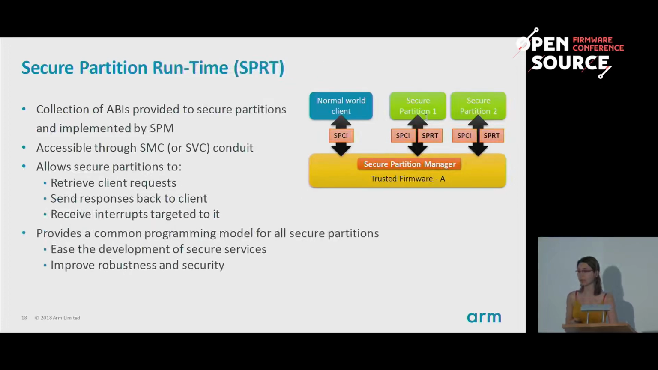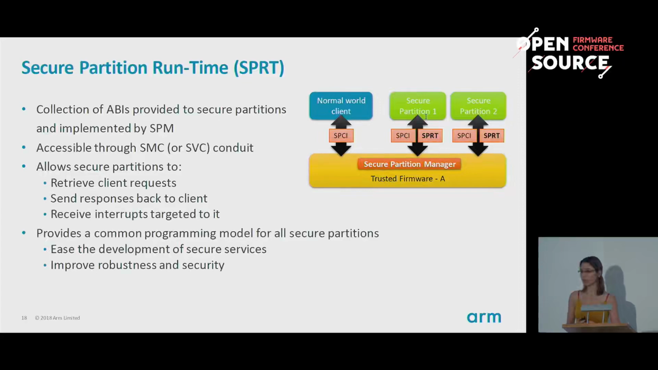And on the other hand, the SPRT is again a collection of ABIs, but this time provided to secure partitions. That's implemented by the SPM again, and it allows secure partitions to retrieve client requests, to send responses back to them, and to receive any interrupts that would be targeted to this secure partition. Some interrupts potentially might have a secure service that handles a device, so it would own all the interrupts of this device, or it can also be some inter-process communication between the secure partitions if they want to send